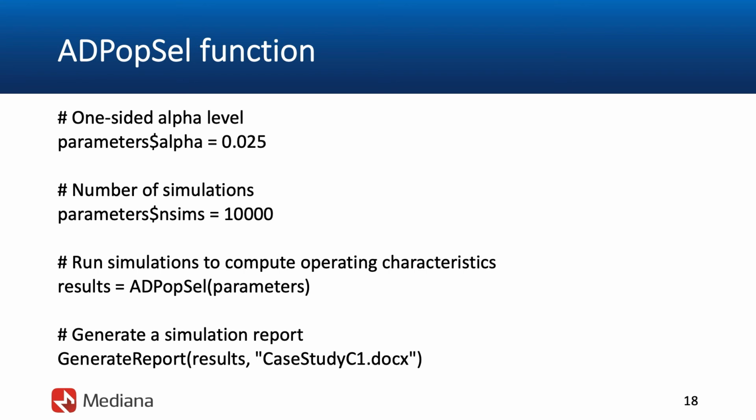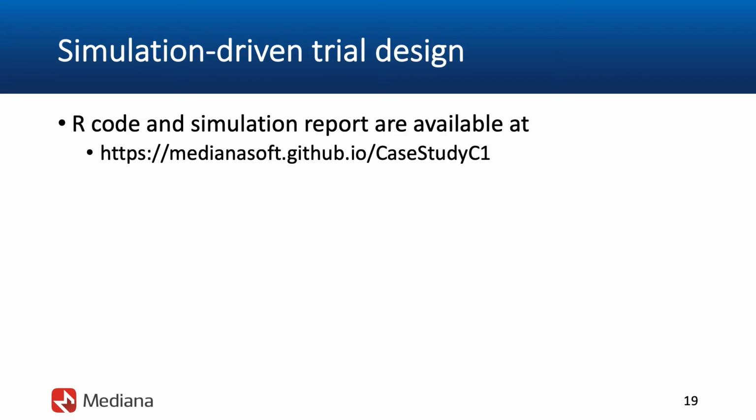They will be saved to this results object, and then we're going to generate a detailed simulation report by invoking the generate report function. The report will be saved in a Microsoft Word format, and a file called casestudyc1.docx will be created. If you would like to, you can easily download this R code as well as the simulation report created by this function, and you will find the R code and simulation report if you follow this